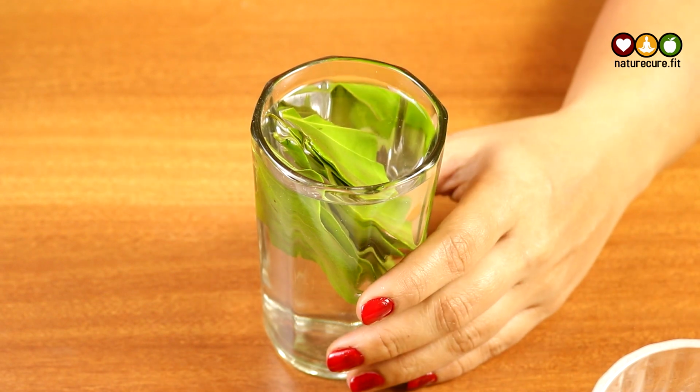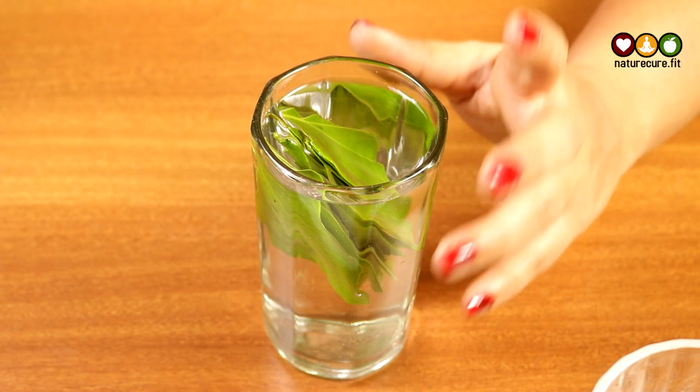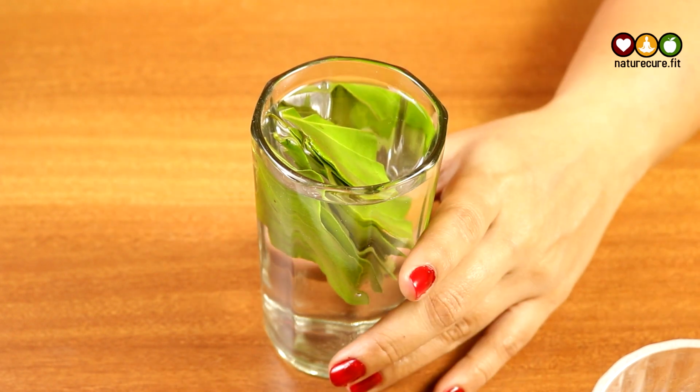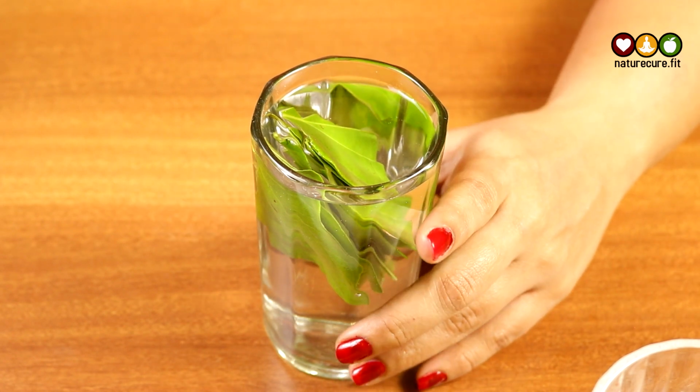Next day morning, you need to take the betel leaves out and drink this water, and that has to be taken on an empty stomach regularly. Taking this betel leaf drink every day regularly on an empty stomach will help you in controlling the